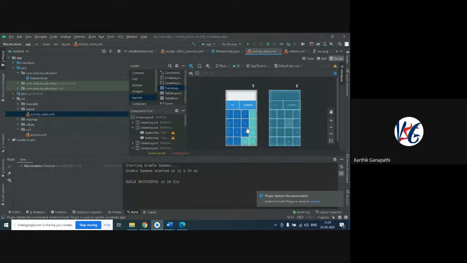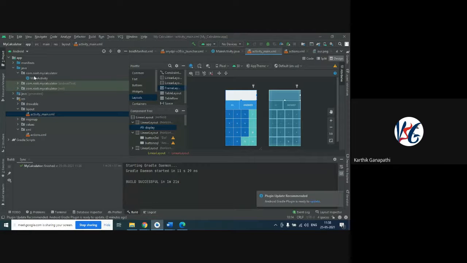So 1, 2, 3, 4, 5, 6, totally 6, and 7, 8, 9, 10, 11, 12, 13, 14, 15, 16, 17, 18 buttons are there totally. Along with that we are having one text view, the display text view. You can see in the cursor it is showing text view, right? So this is a text view for displaying the answers.